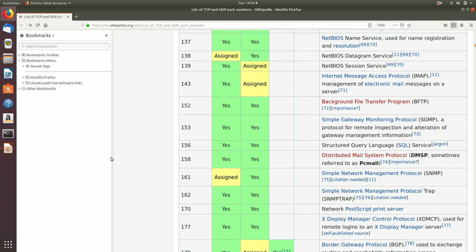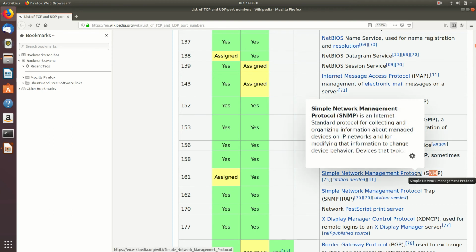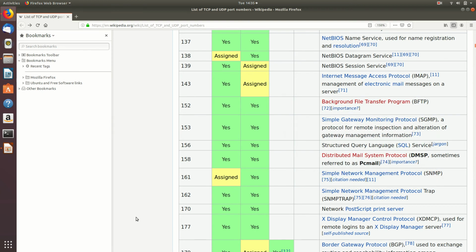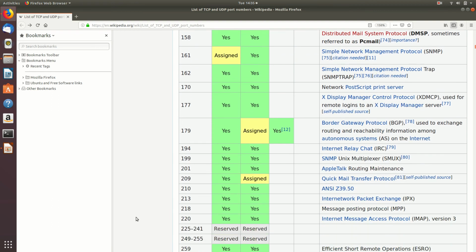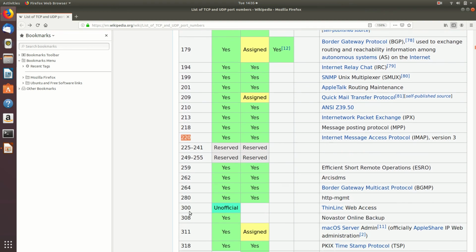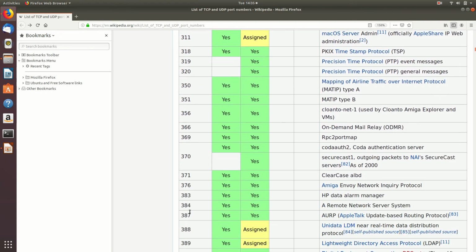161, of course, another important protocol, the simple network management protocol, SNMP. Okay, so that is using this. Now as I told you already, that 220 is used by Internet Message Access Protocol, IMAP version 3, 220. Okay. And now another important one is actually somewhat far away.